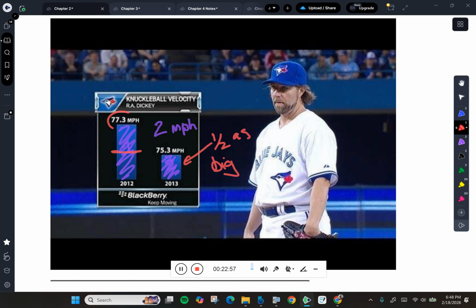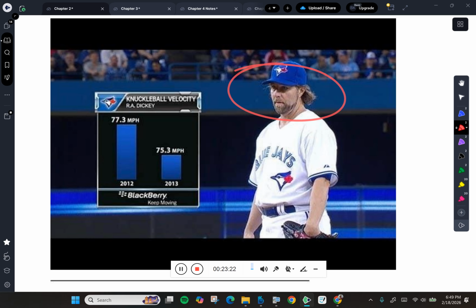So if this was 77 miles an hour, this one should be like, I don't know, 38 miles an hour? Because it's like half as much, but it's 75? Yeah, whoever made this image wanted to make it look like this dude was not doing well, that his knuckleball was really terrible this year versus last year, when in reality it's only a 2 mile an hour difference, right? So without having a vertical axis that starts at 0, where this would be